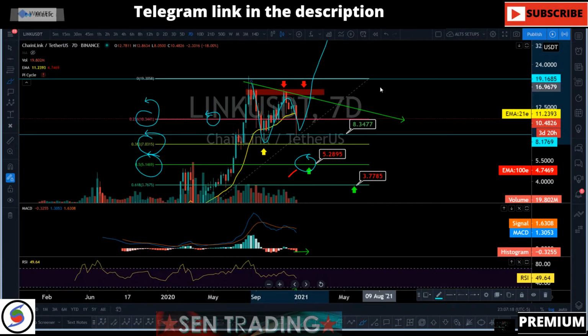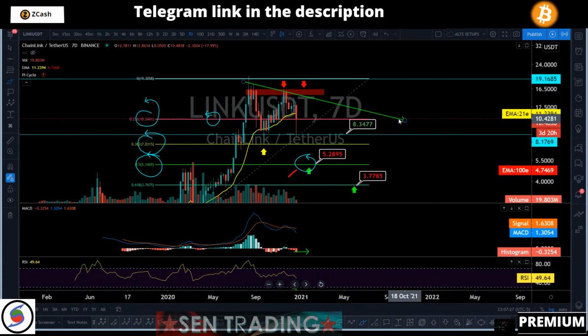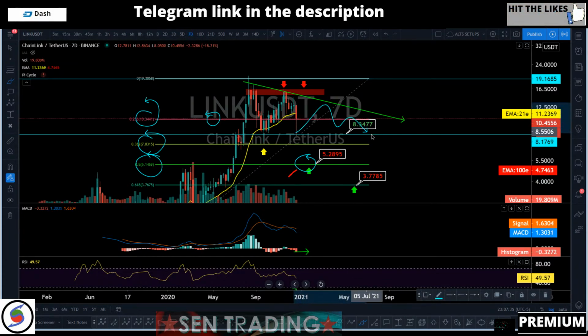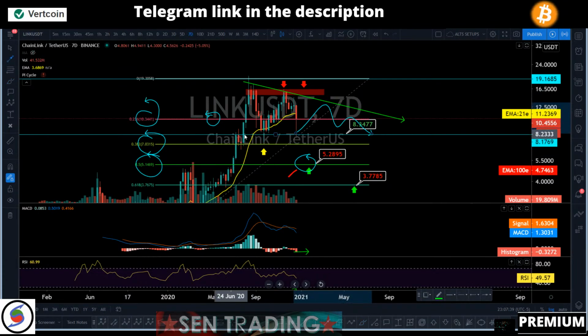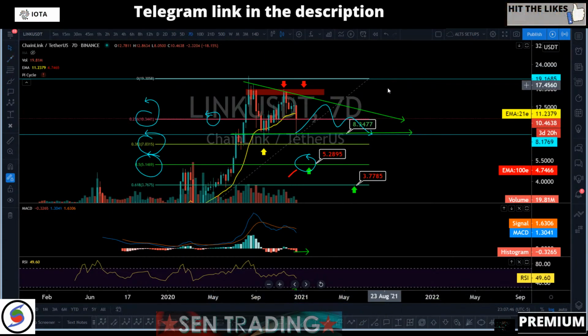Okay, so in order to stay bullish, we have to pump above this range, depending on the time frame. It could be even $10, depending on how we're going to be doing this. If we want to do it in a triangular formation, like a descending triangle, that's possible, right?